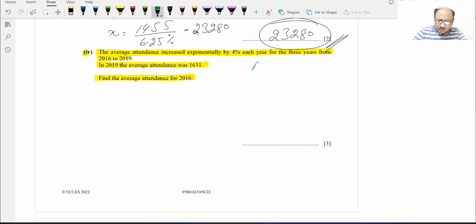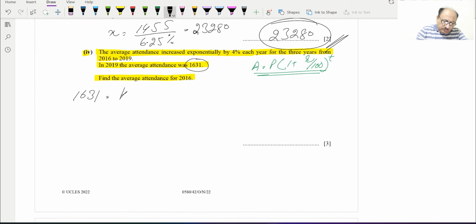This is the compound interest formula or exponential increase formula: P into 1 plus R over 100 raised to the power T. The same formula we will be using here, and we can write here the total number, the average attendance, 1631 is equal to